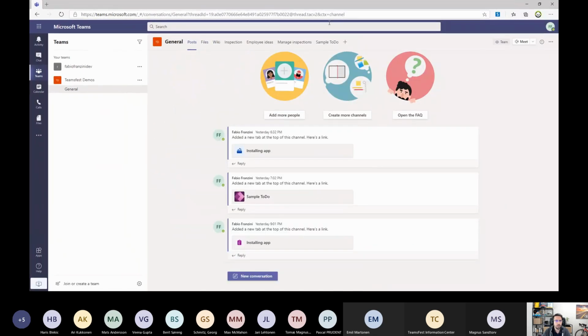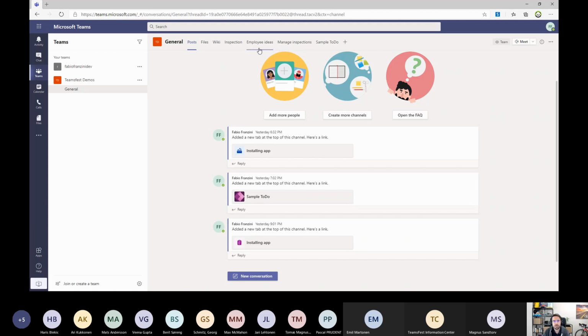Okay. I just created a team with the name of Teams Demos. And I want to show you first 3 applications implemented by using Power Apps and Project Oakdale inside Teams.